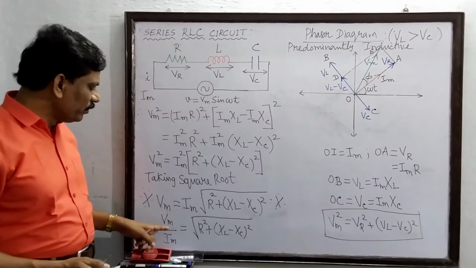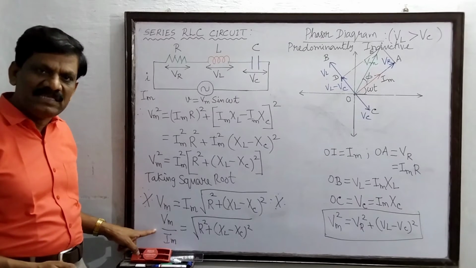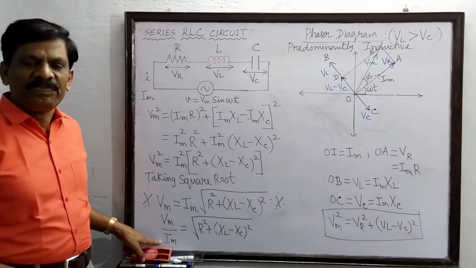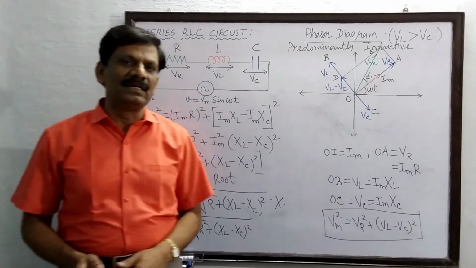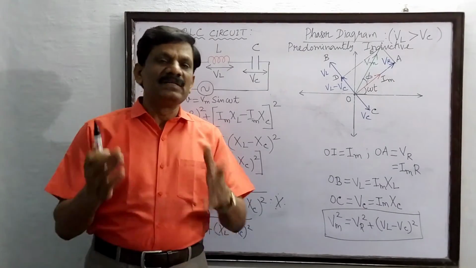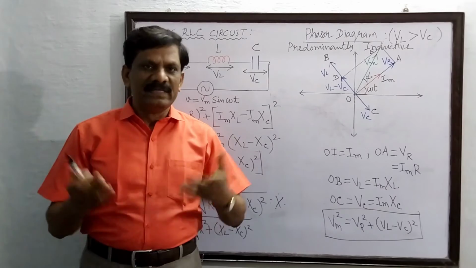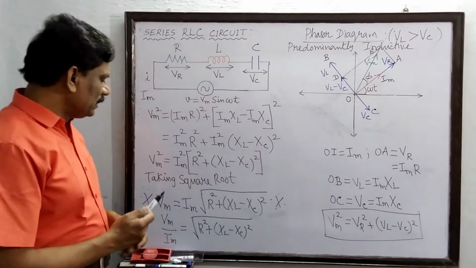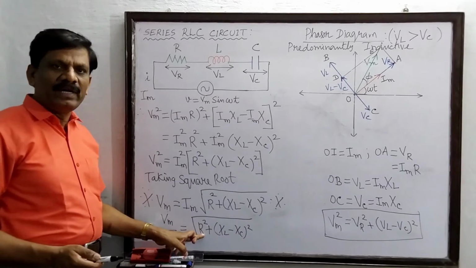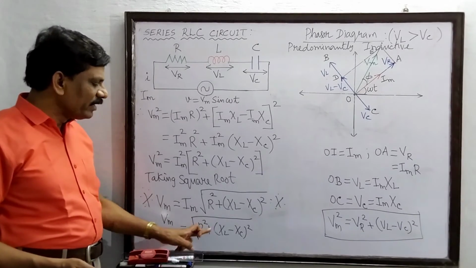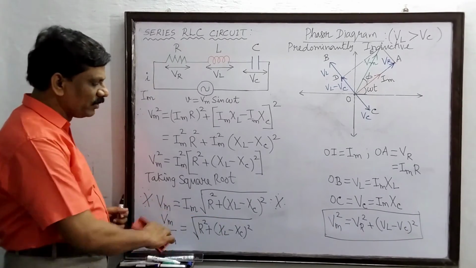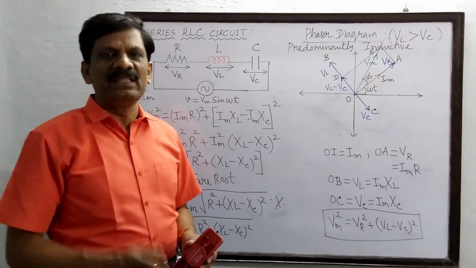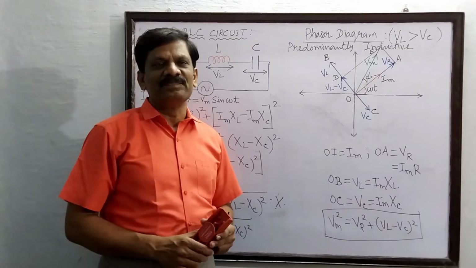Okay students, now you see that the left hand side of the last equation, Vm by Im, is like voltage divided by current. From Ohm's law, what must that be equal to? It is a measurement of resistance only. So on the right hand side, the square root of R square plus (XL minus XC) the whole square must be a measurement of the resistance offered by the RLC combination.